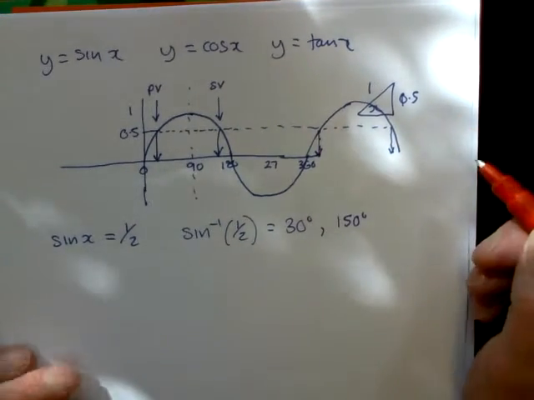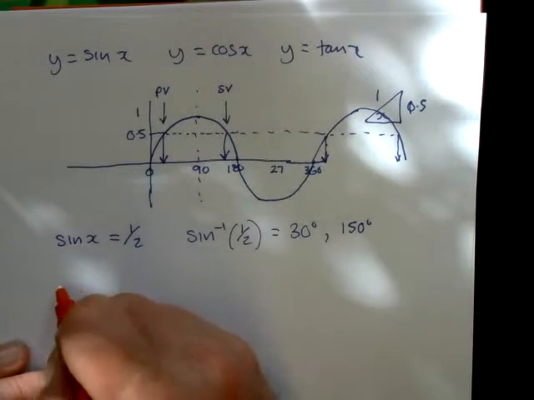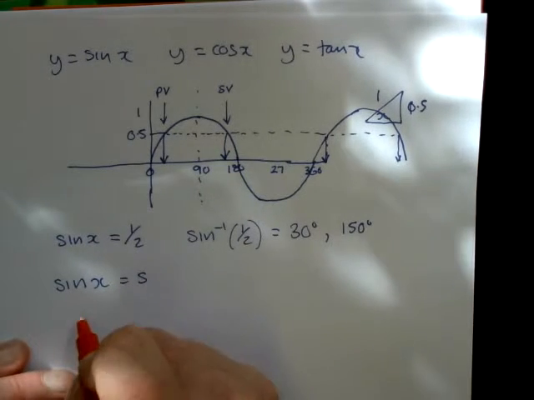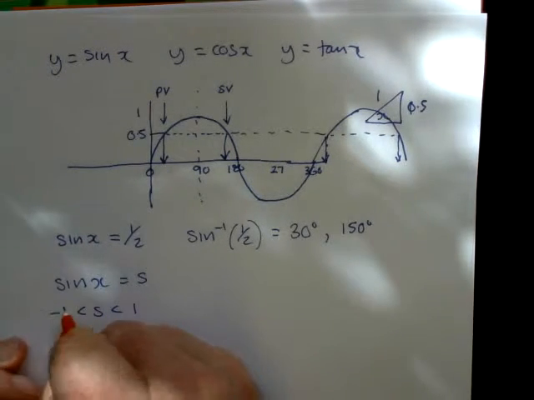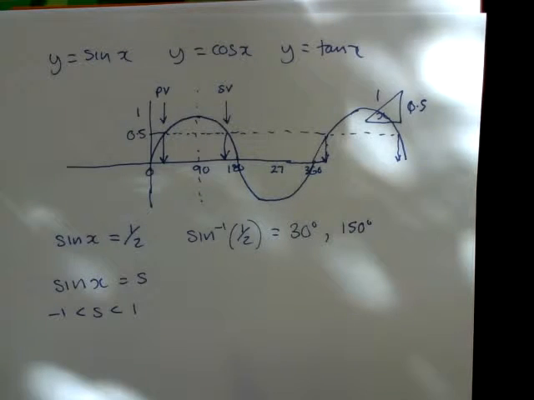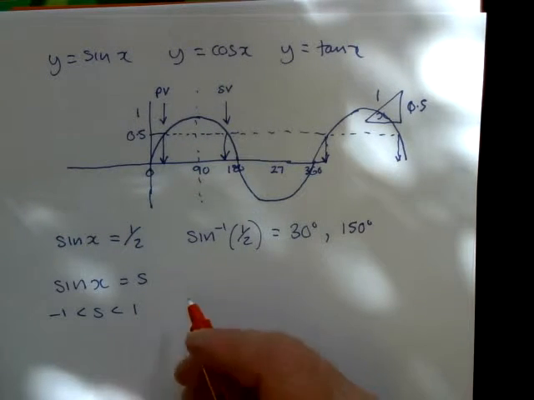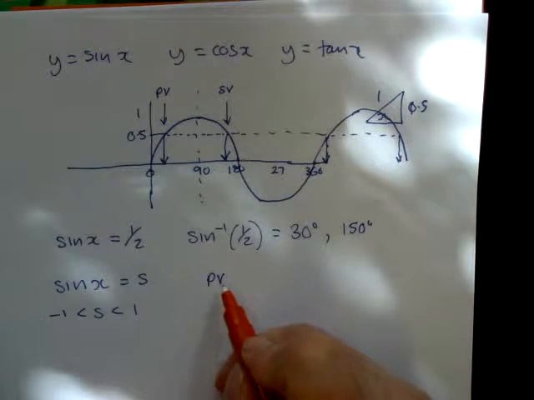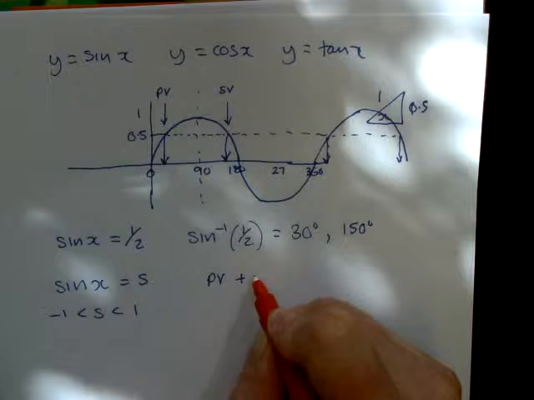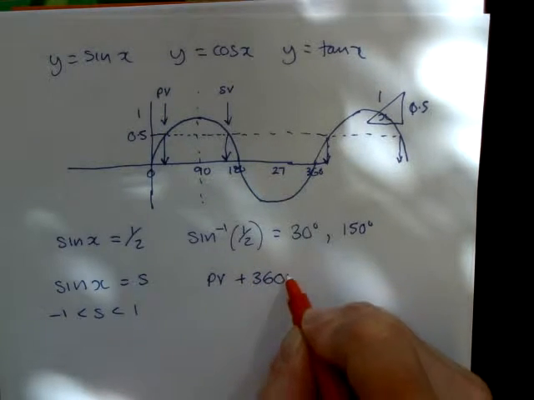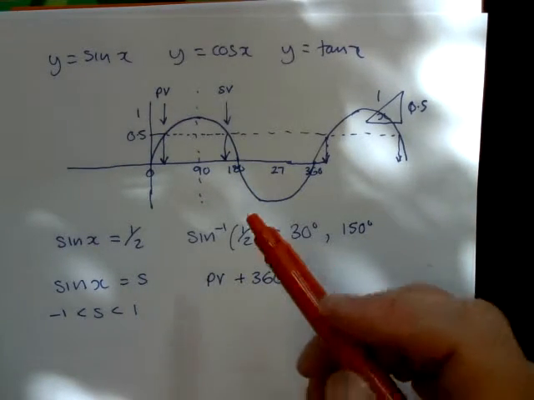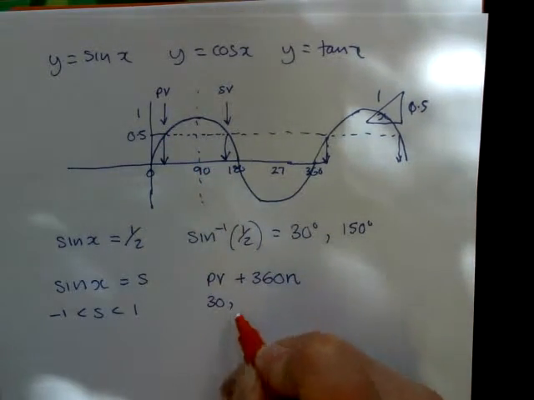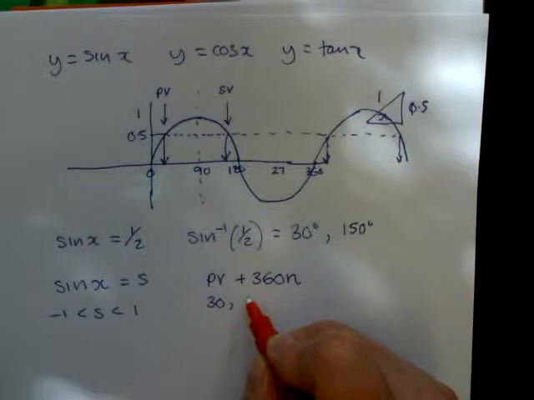So how would I find those? Well, we have a general formula for the equation sin x equals s, where s is some ratio between 1 and minus 1. It can't be larger than 1 or minus 1. So that value s comes in two parts. You take the principal value, and that's the value that your calculator will give you, and you add on 360n. So if we add 360 to 30,